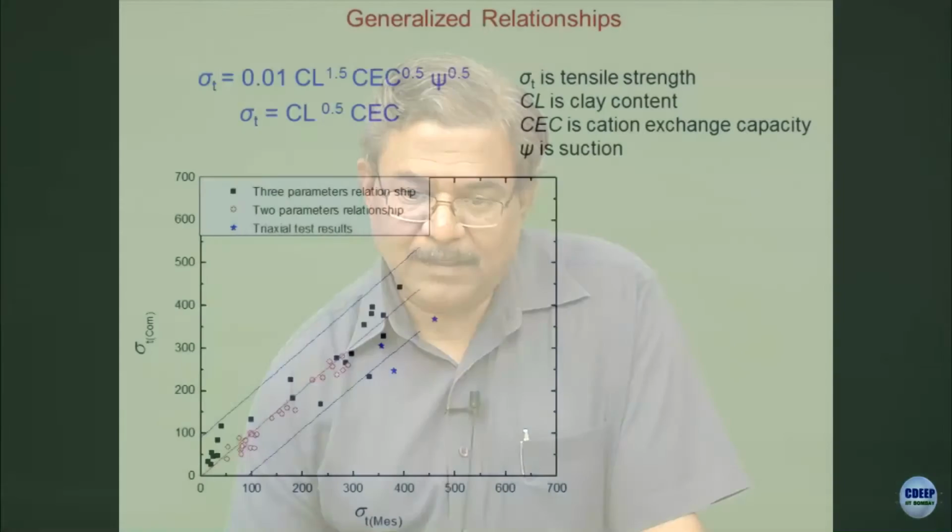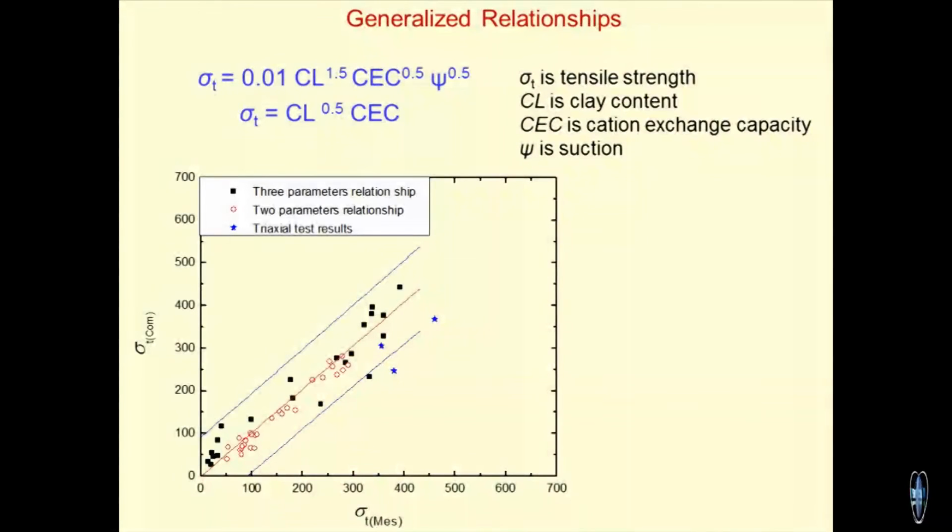Suppose I say soil number 1, for which suction is known, that means moisture content is known, CEC is known and Cl is known. If I substitute the values over here and do a triaxial test, the 2 data points, wherever they sit, this is the trend which emerges. So, the quick answer to your question would be that the sigma t values are for the same soil.